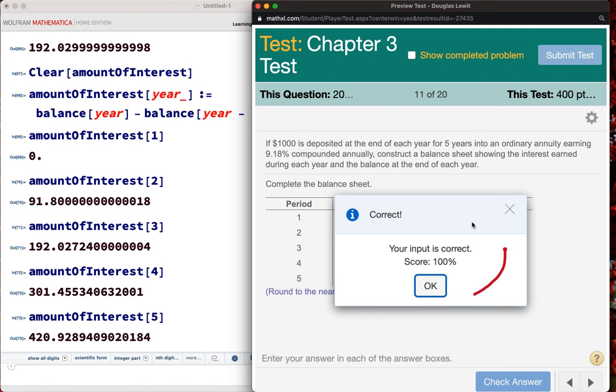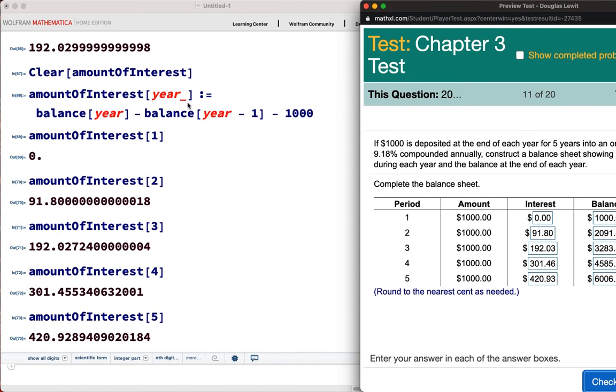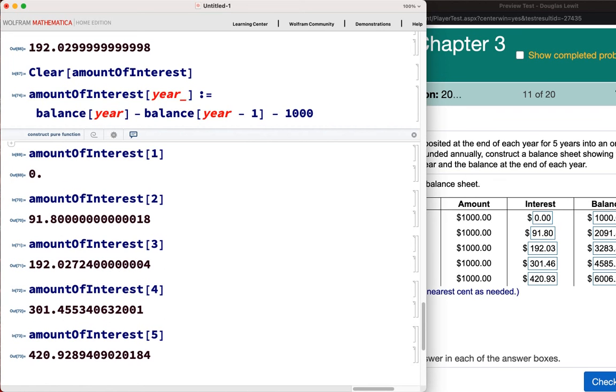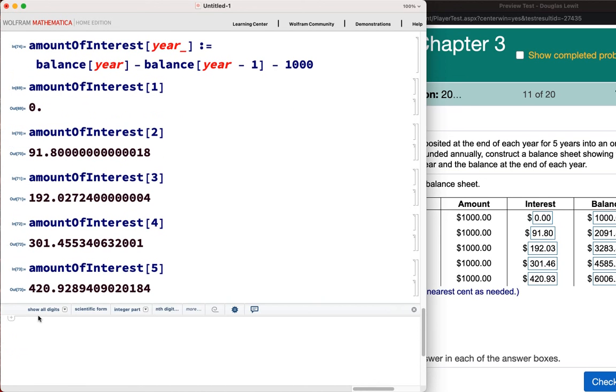Okay, so we figured out the correct formula to use. To figure out the amount of interest for any year is equal to the balance of the year minus the balance of the previous year minus 1,000. I made the mistake of doing 1,000 times the year. That is not correct. It's simply minus 1,000. Minus 1,000. All right, so then table amount of interest